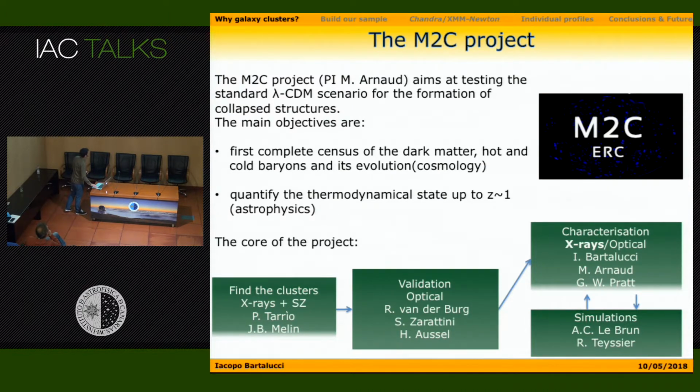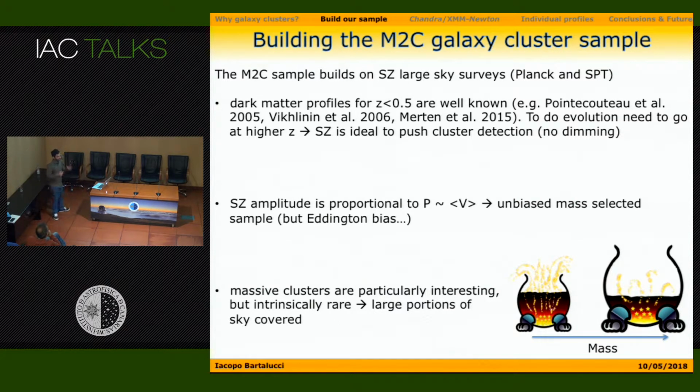Okay. First of all, the first part of this project is to get a sample. The first thing that we had to do is to build the sample that we used to do this project. Now, the sample for the M2C builds on SZ large-scale surveys, and in particular Planck and SPT. We are using these because, first of all, as I said before, we want to look at the evolution of dark matter and baryonic profiles